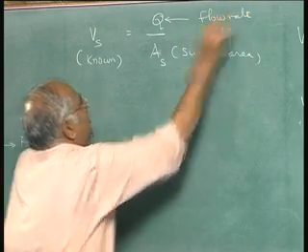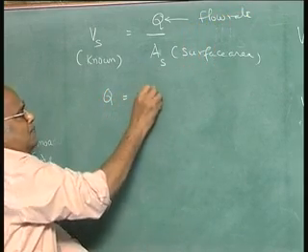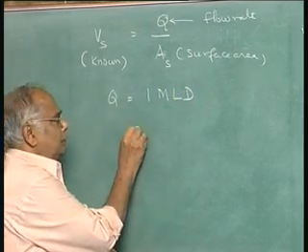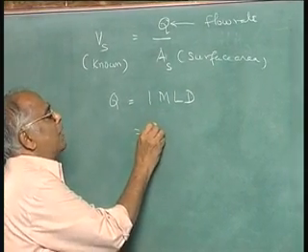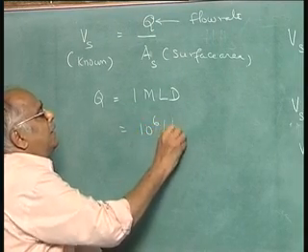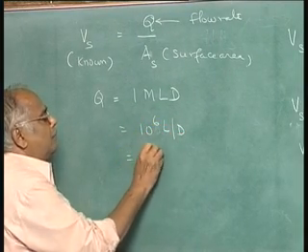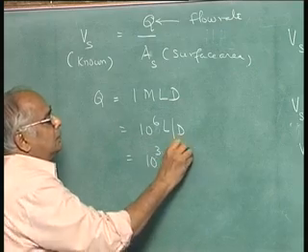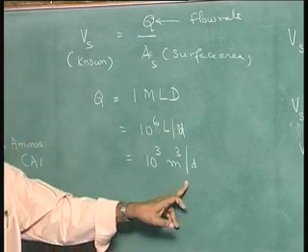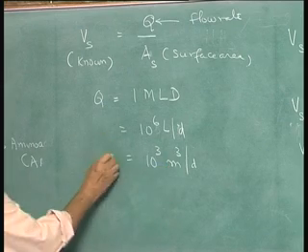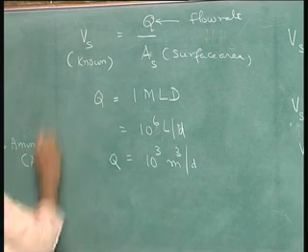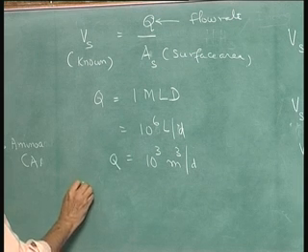Suppose Q is equal to 1 million liters per day, 1 MLD, which means 10 to the power of 6 liters per day. So that is equal to 10 to the power of 3 cubic meters per day. Q is known, then Vs is known,